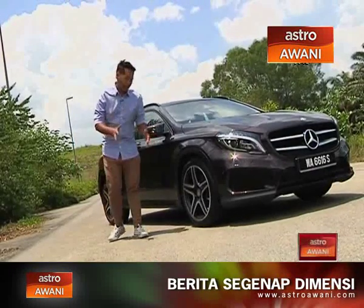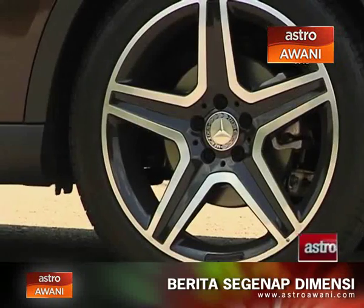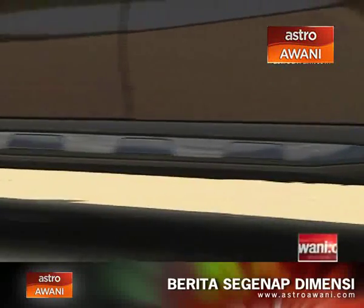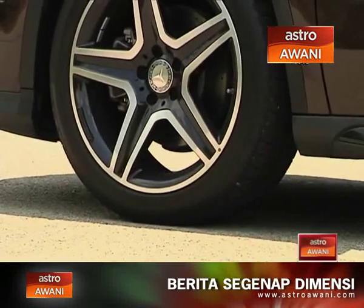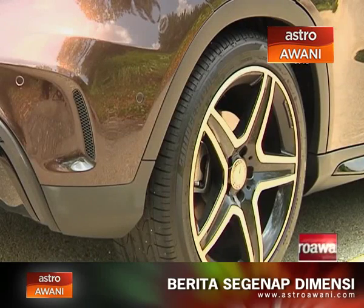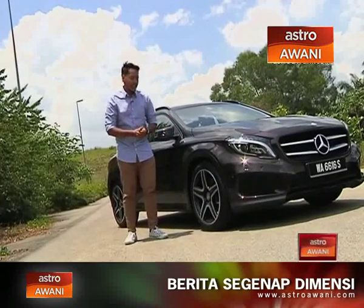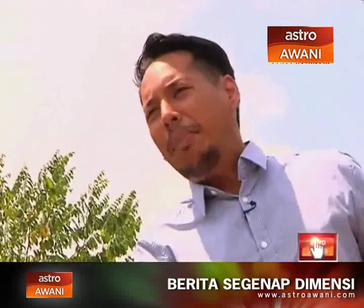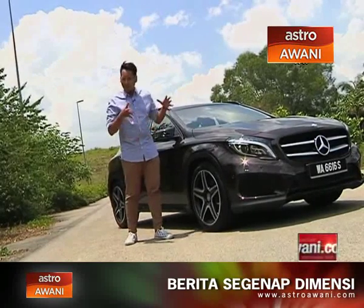Let's talk about shoes for the car. Now this car comes with 19-inch wheels that have a 5-point star with black in the middle and brushed silver around it, which looks very smart. Of course, the tires that come with it are 235/45/19 Bridgestone Dueler HP tires. And like I said, they're 19 inches. Because they're slightly bigger than what you normally get in regular hatches, it gives the car a much beefier